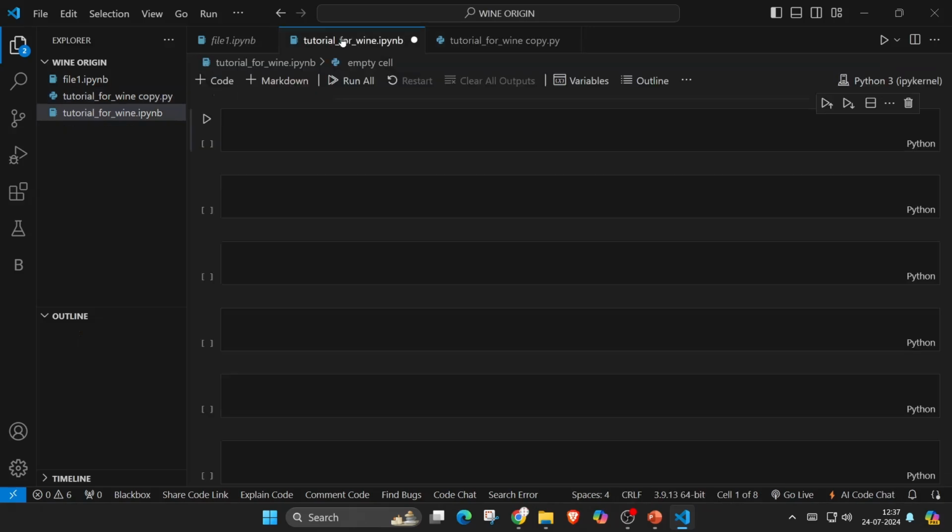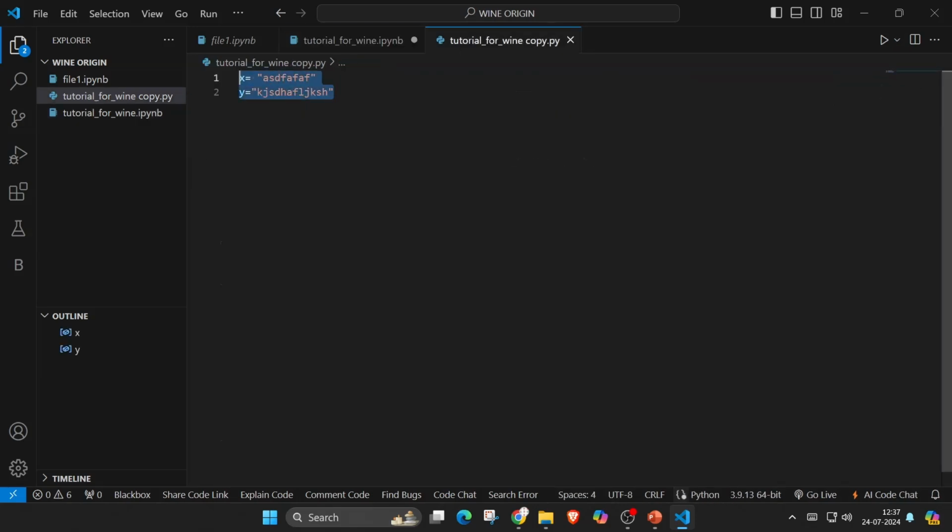Okay, but in Jupyter, the advantage is that it has to assign the variable only once in memory, and then it can access it again and again. So that's, you can say, the advantage of Jupyter. Okay, so that's why I want to use Jupyter over here for now. Yes, you can use .py as well, but it won't change the code much.